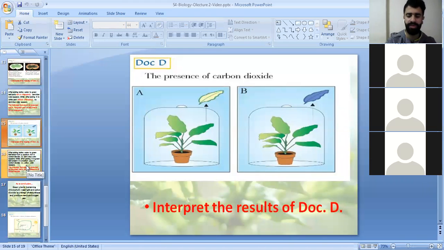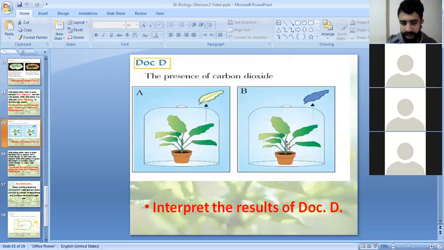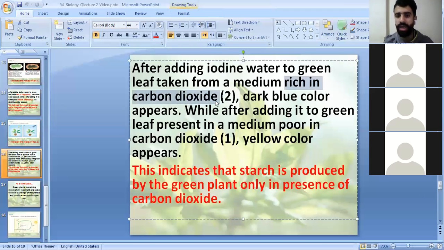So let's interpret this experiment as I already did. Interpret means let's analyze, plus adding the significance or the indication. This indicates that. So after adding iodine water to a green leaf taken from a medium rich in carbon dioxide, which one is rich in carbon dioxide? This one, 2, or B. Dark blue color appears. While after adding iodine water to the green leaf present in a medium poor in carbon dioxide,